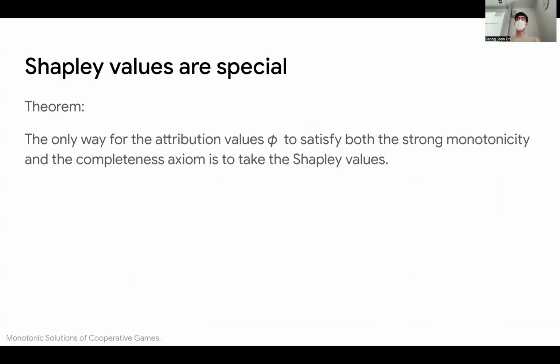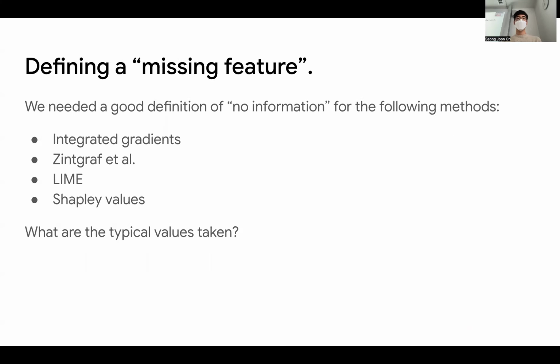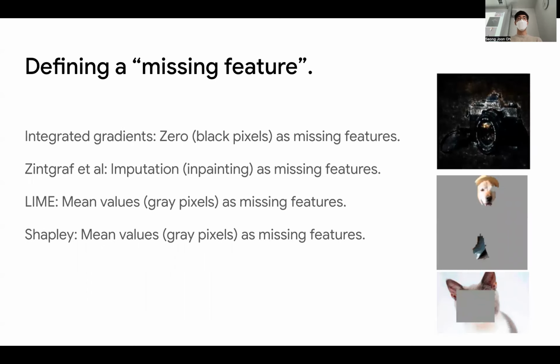So that was a defense of Shapley values, why they are so special. If they wish to have these nice properties, then this is the only solution they need to take. One common theme here is how to define a missing value, right? For integrated gradients, we use zero pixels, black pixels. Sintgraf et al. used imputation in-painting for missing features, and then marginalized it out. I think this is the most right way of doing it, except that this in-painting model can itself be